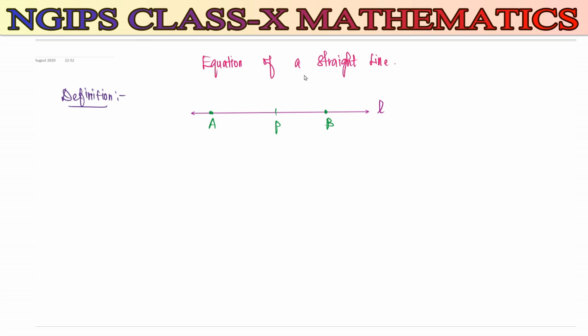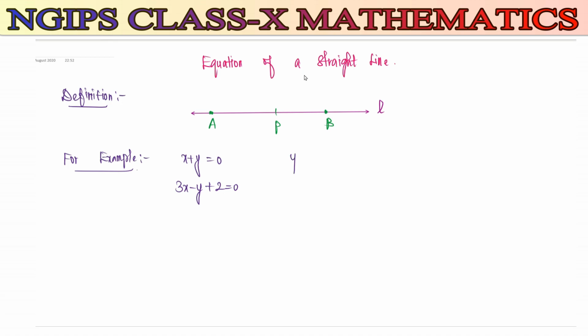Every first degree equation in terms of x and y represents a straight line. For example, we can write the equation here: x plus y is equal to 0. The second expression: 3x minus y plus 2 is equal to 0. So it represents a straight line. Not only in terms of x and y, even it may be only in terms of x or only in terms of y. Those equations also we can say are equations of a straight line.